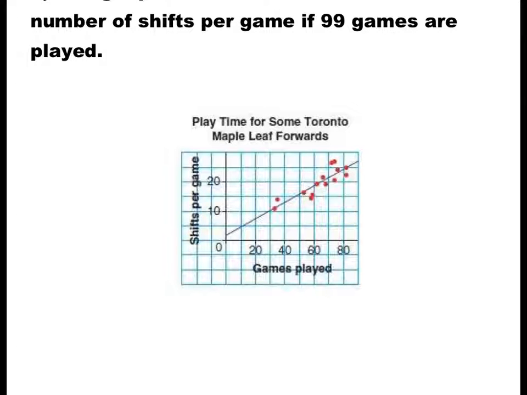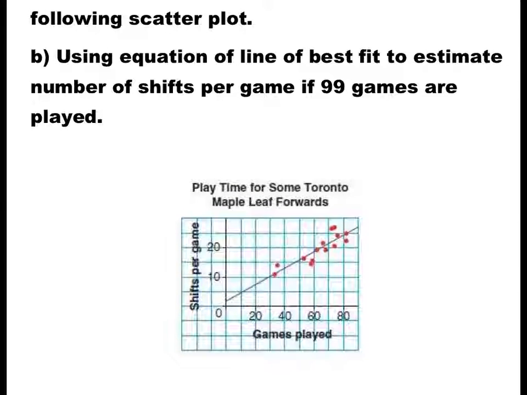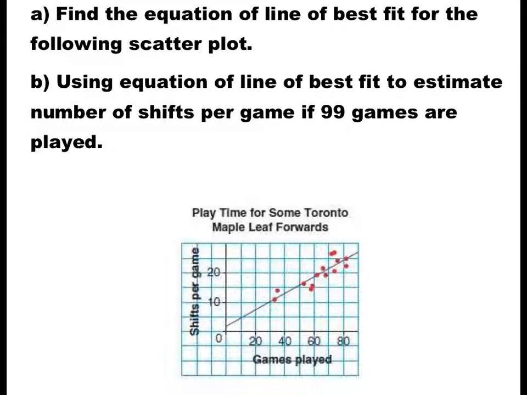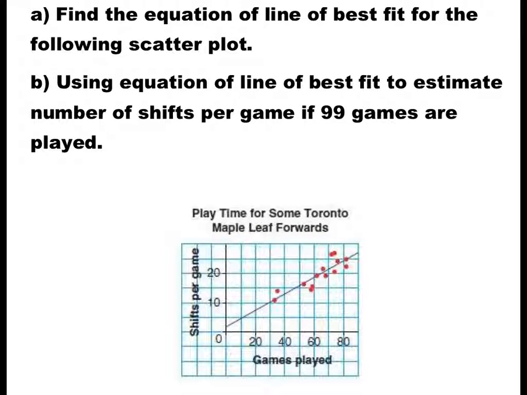In this lesson, we are going to use line of best fit to forecast or predict the value for one of the variables in our relationship. The question is the following. First, the graph of playtime for some Toronto Maple Leaf forwards is given down below. First, we have to find the equation of the line of best fit. The line of best fit is already drawn for us, so we don't worry about deciding how to draw the line of best fit. And part 2 of the question says,